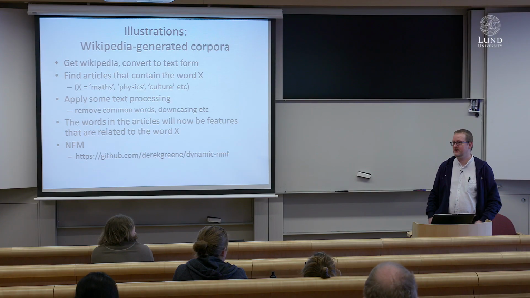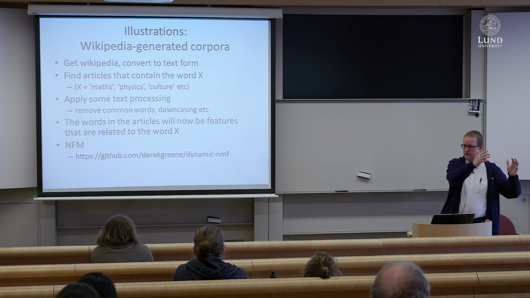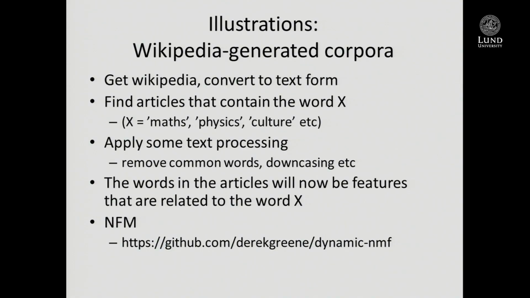And I'm going to illustrate that by using simulated data. That's one thing that I've learned from being in this data theme, that it's quite good to work with simulated data. You don't always have to use real world data to illustrate something. One way I can do this is to use Wikipedia. So let's say I download Wikipedia and convert it to text. That's easy peasy. And then we find articles that contain some word that we can change.